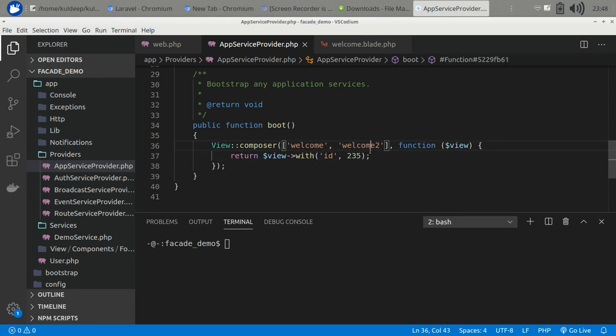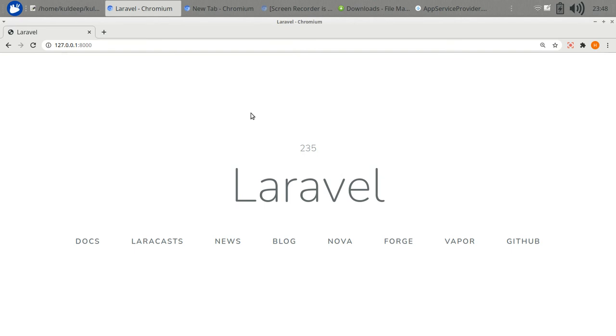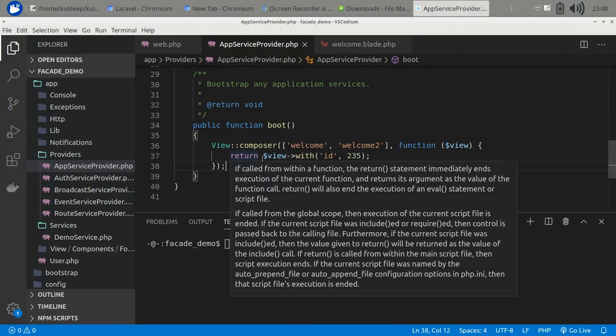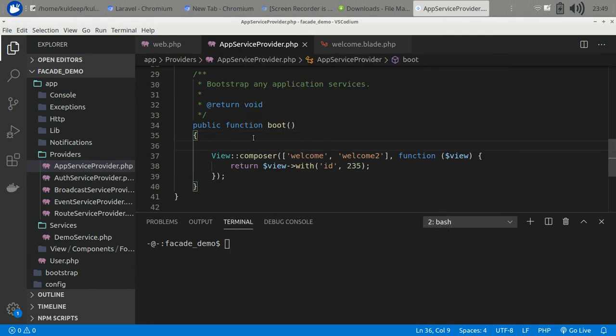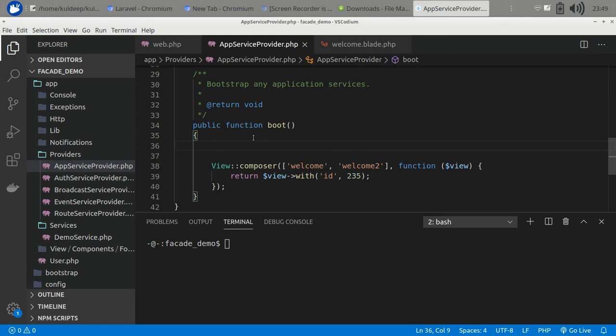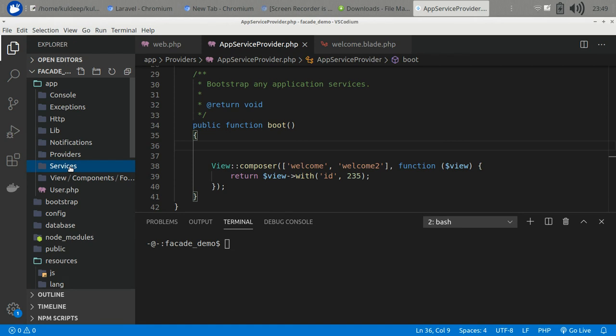Whenever one of these views is called, this data will be shared. You can share or execute any piece of logic here, whatever you want. So it's the closure version of the composer. You can also have a specific class for that composer. Laravel doesn't actually provide any specific command or folder to store the composer, but you should have your composer